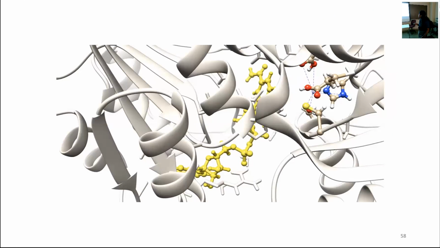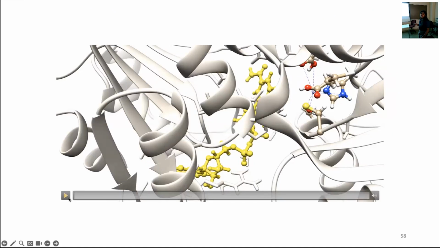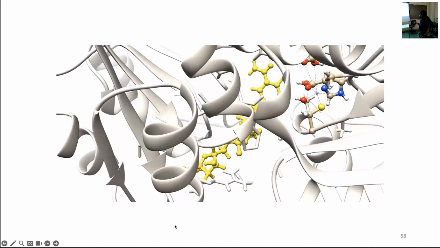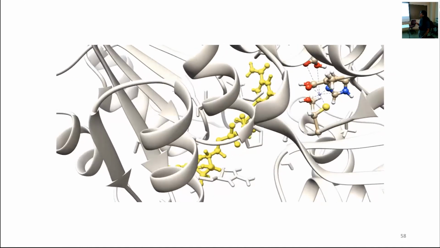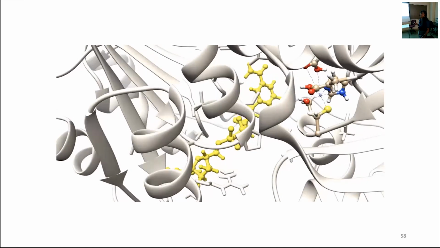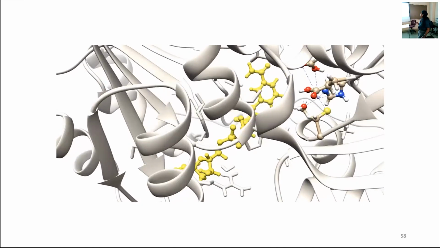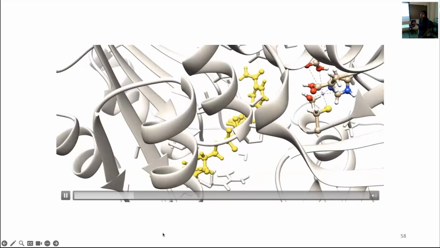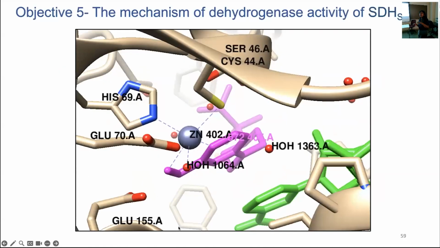This video shows the binding of NAD+ into the active site of the enzyme. You can see here, this is the zinc, which is coordinating the active site. And here we have the NAD+ bound to the catalytic site of the enzyme. And here, after confirming the structural zinc binding site and catalytic zinc binding site and the binding of NAD+ into